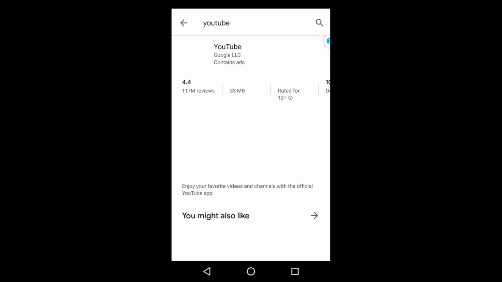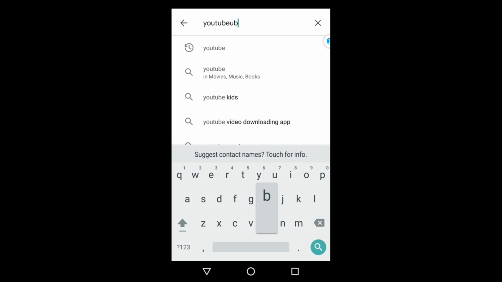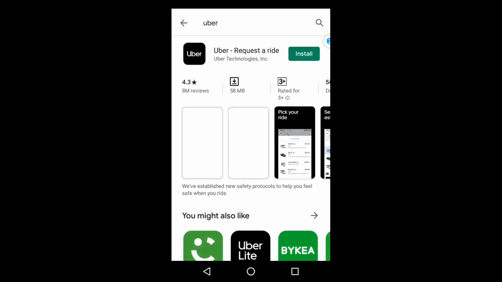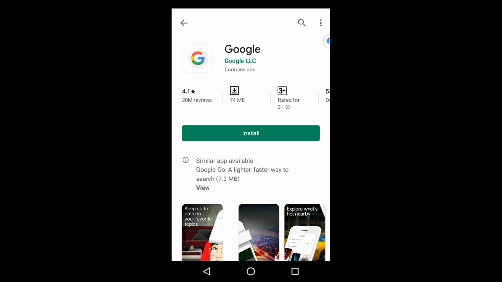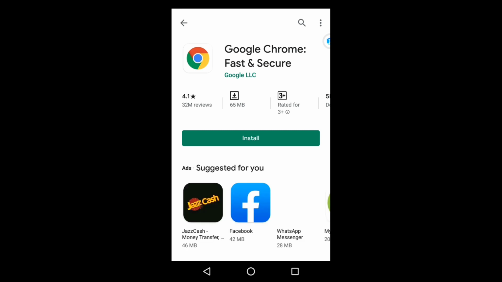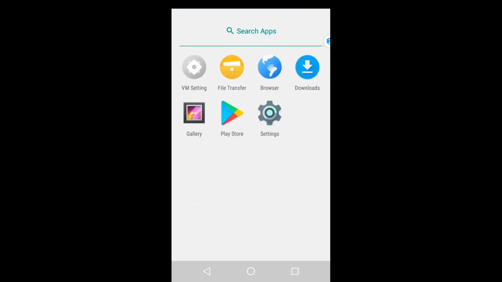You can use any Google app or any Play Store app you want to use. And interestingly, this keyboard has a lot of things about Android 7. Here you can see the keyboard I am typing with is Android 7 based, and now you can install Uber, Careem, everything you want to use. Google LLC, tap on it and you can find tons of Google apps, and you can also use it on your Huawei device.